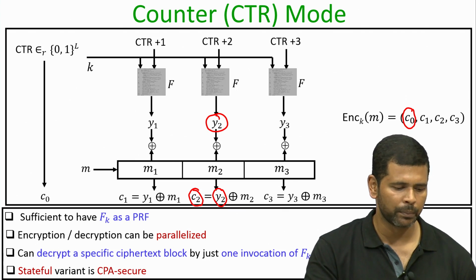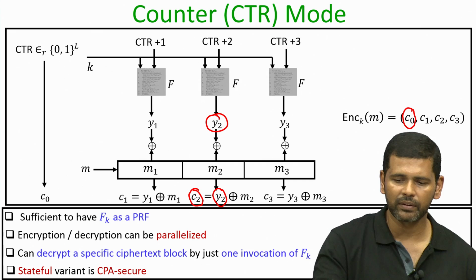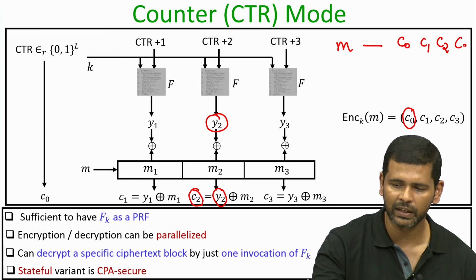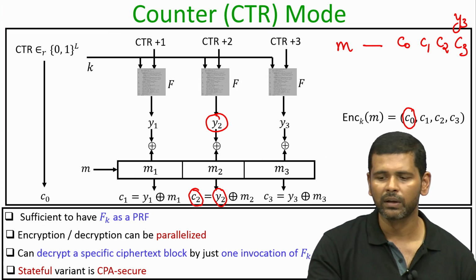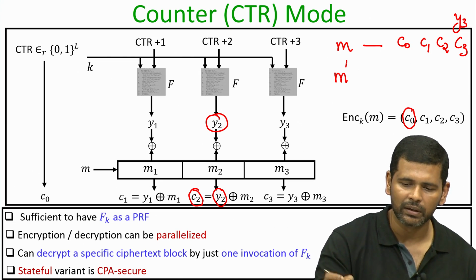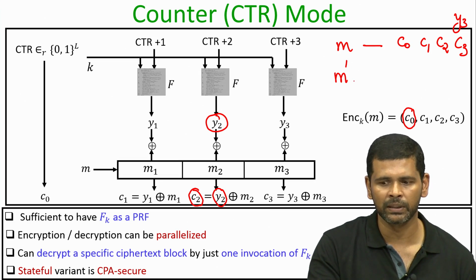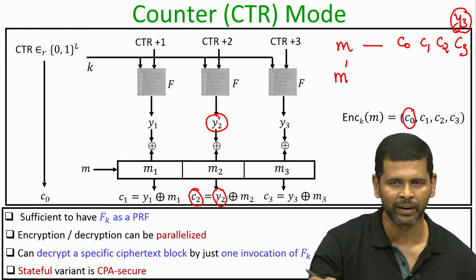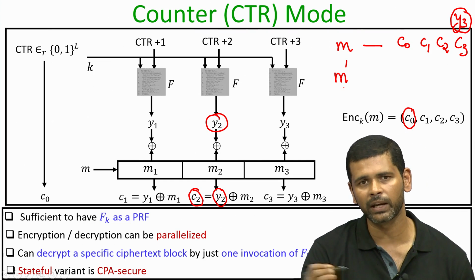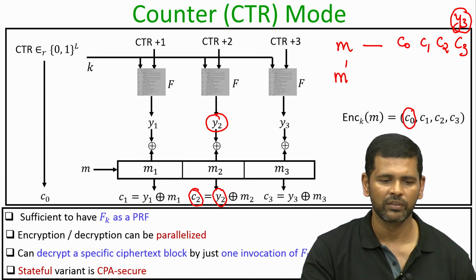And more importantly, we can prove formally that the stateful variant of the counter mode of operation is also CPA secure. That means, if I have a message M and for that my resultant ciphertext is C0, C1, C2, C3, where Y3 was the last pseudo random pad, and now I have a new message M dash, I do not need to pick a fresh counter value to generate the pseudo random stream of pad for the message M dash. I can use Y3 as the counter value for generating the next sequence of pseudo random pad for M dash, and the same can be done at the receiver end, and it can be proved formally that the stateful variant is also CPA secure.